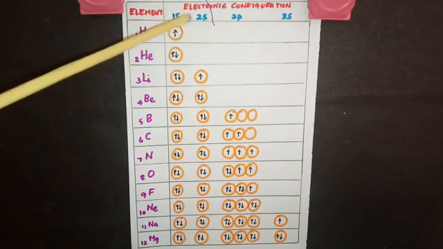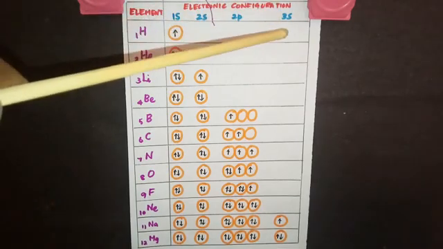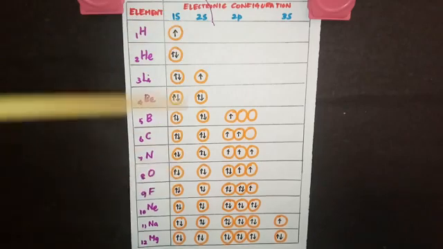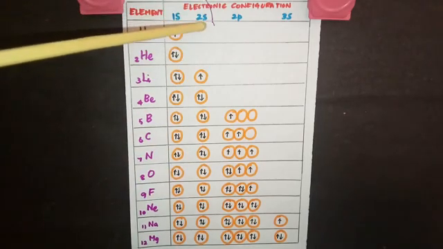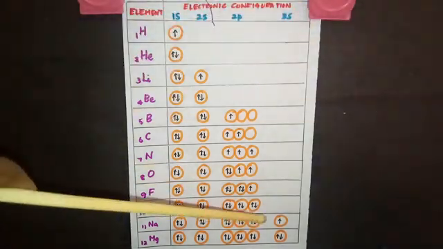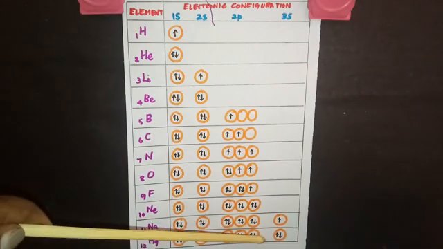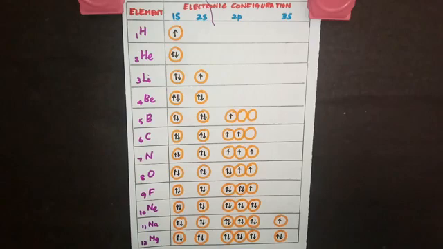And remember, 1s is the K shell, 2s and 2p is the L shell, and 3s is the M shell. So in K you have one orbital, in L you have the 2s and 2p subshells, and in M you have 3s, 3p, 3d. Since we are talking about an atom with just 12 electrons, we stop with 3s. If you go on increasing the atomic number, as the number of electrons increases, you can keep on filling the orbitals following the Aufbau principle in increasing order, occupying all the orbitals.